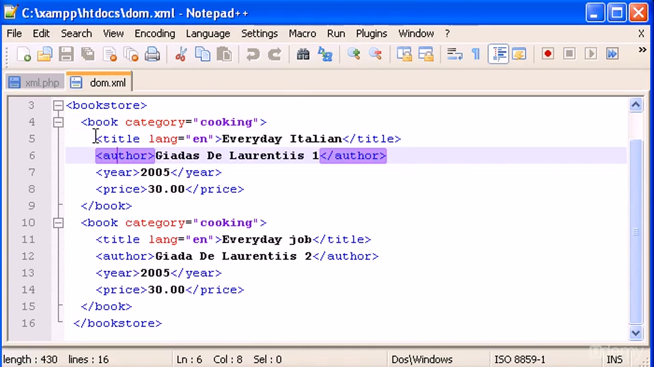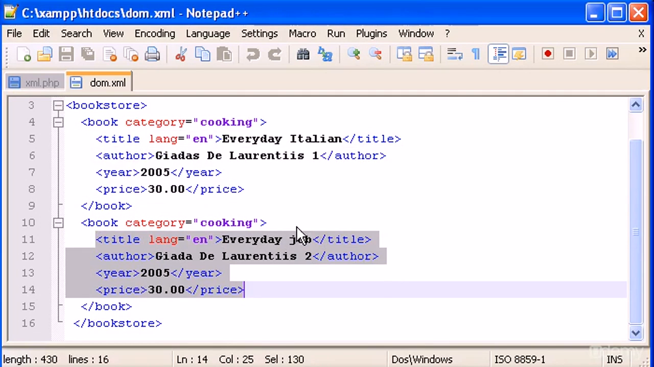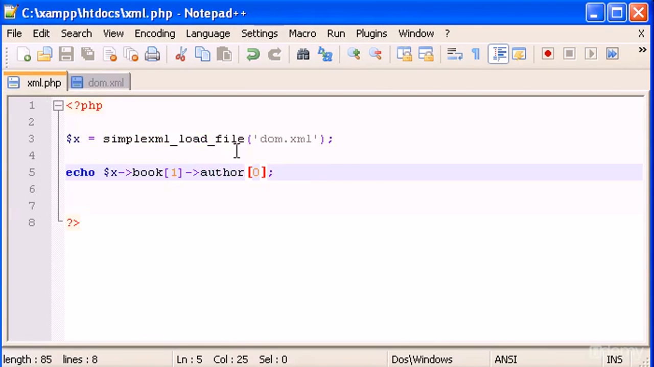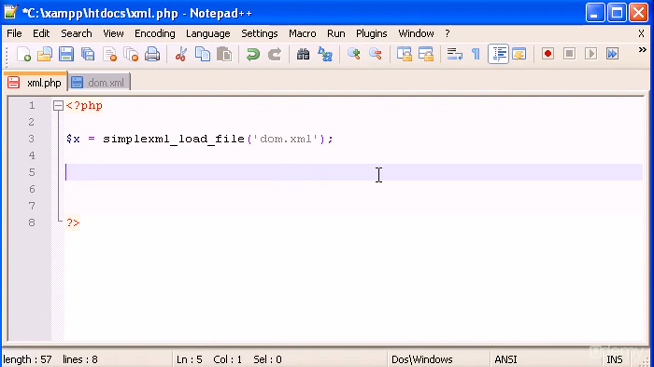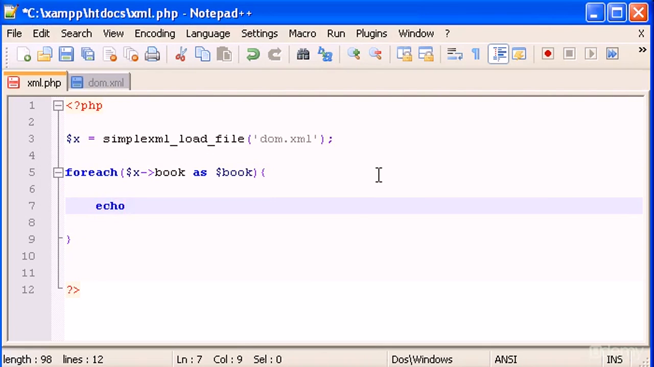I'm going to output title. Well, I'm going to try to output everything we have in here, okay, from the first book and from the second book. So I have to delete this, and the first thing I have to do is do a foreach loop, okay, and in here type x book as variable book, curly braces, and now in here I have to type echo,